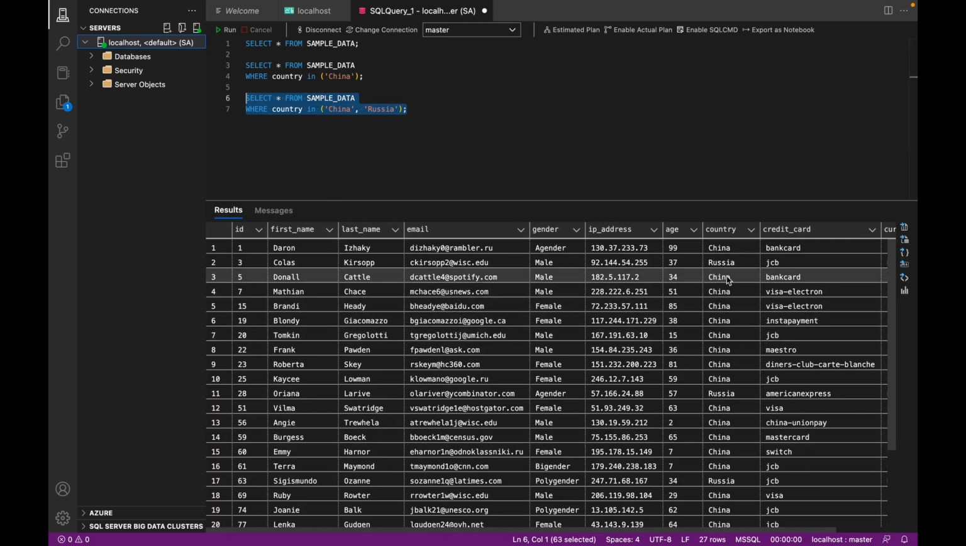So now you can see I've got only people who are from China and Russia. If we wanted to do this with the where and the equals to operator, we would have to do where country equals to China, and then do an or statement, and then do country equals to Russia. So you can see that's much more code that you need to write, and it gets even worse when you want to add